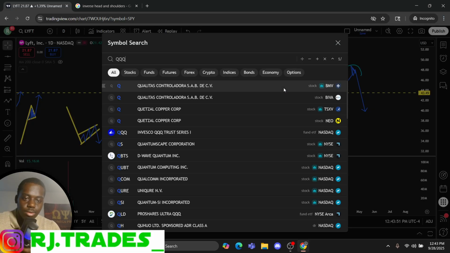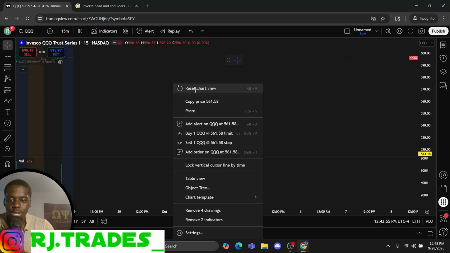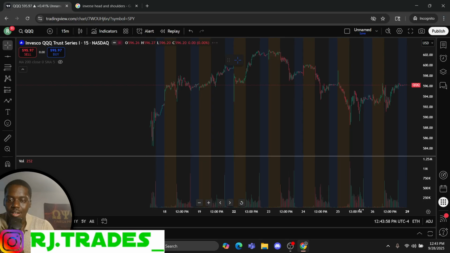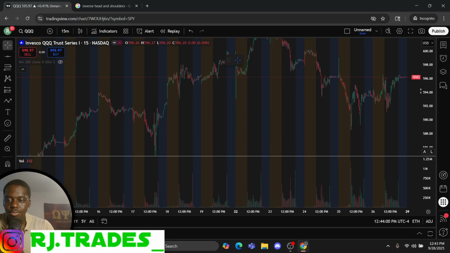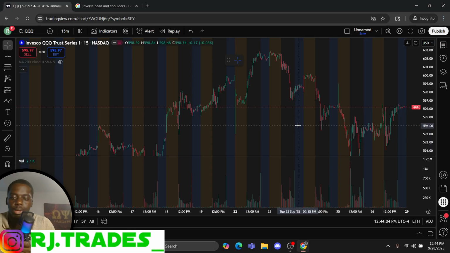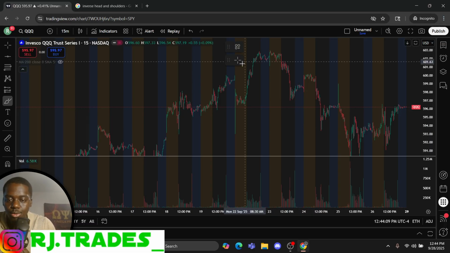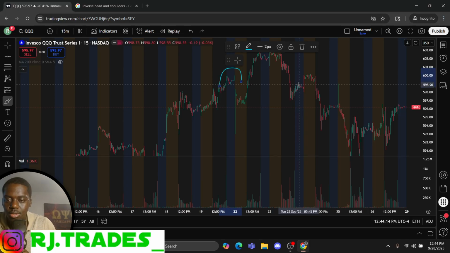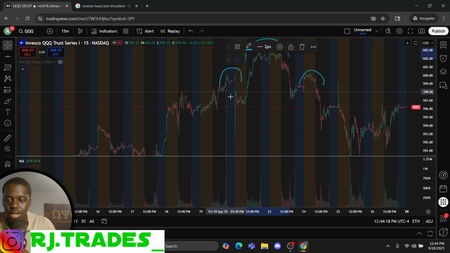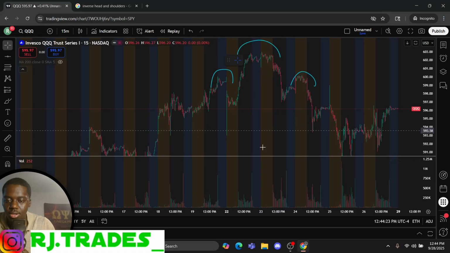What's an example that just had this? Actually, I think QQQ had it, if I'm not mistaken. Boom. So you didn't get too much of a down move because, like I said, you want to play with the overall market. But this was an example of one that had it that gave you a brief down move. Look at this. Shoulder, shoulder, head. All right, move it down so you can see. Shoulder, shoulder, head. Now, where is our neckline?